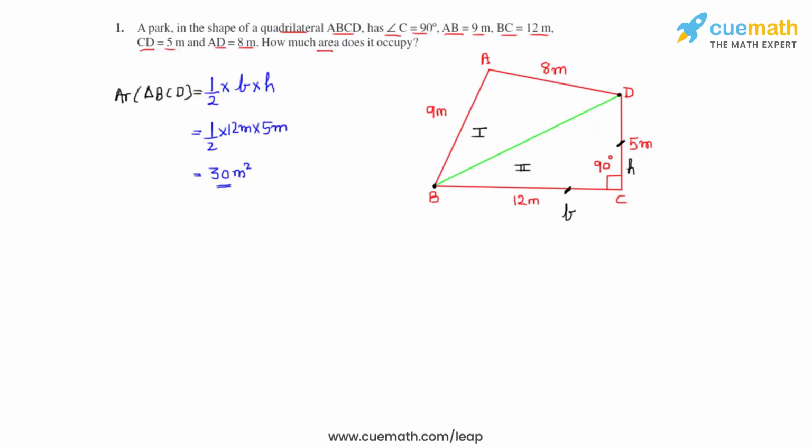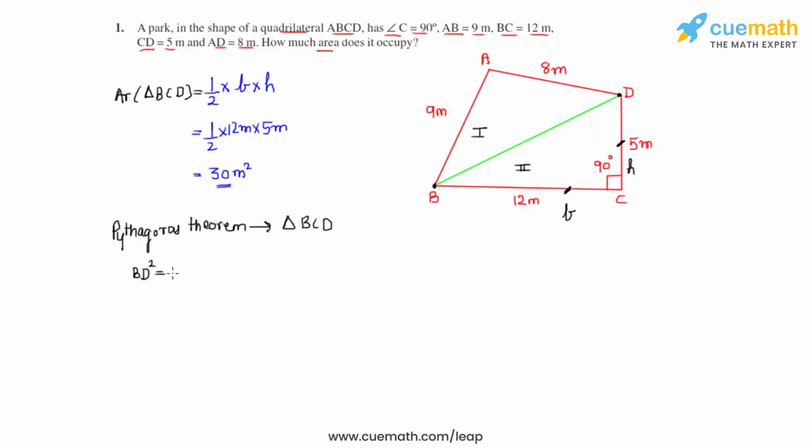Now that we have found the area of triangle BCD, our next step is to find the area of triangle ABD. But for that we first need to find the length of BD, and that can be found by making use of the Pythagoras theorem, which is to be applied to the triangle BCD, which is right angled at C. So in application we write